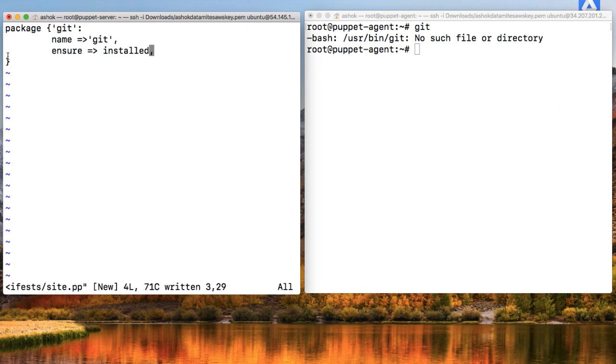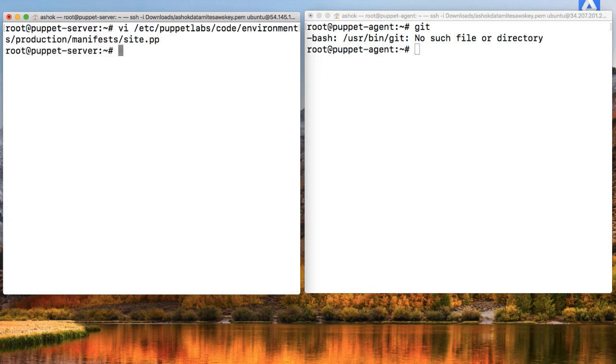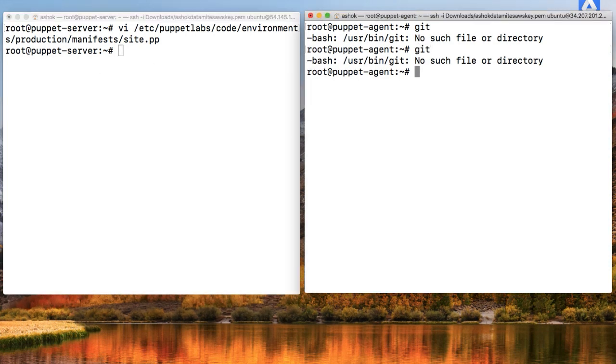So it's a simple code which says package git. So my Puppet will go and find git in the Puppet module repository, and we name this particular package in this file as git. We can give any name, this does not matter directly. And ensure install will ensure that it's installed in all the slave nodes which are connected to this. Right now it's not automatic pulling because I haven't configured my interval. I will do that very shortly, but right now my interest is to show that there is no git here,